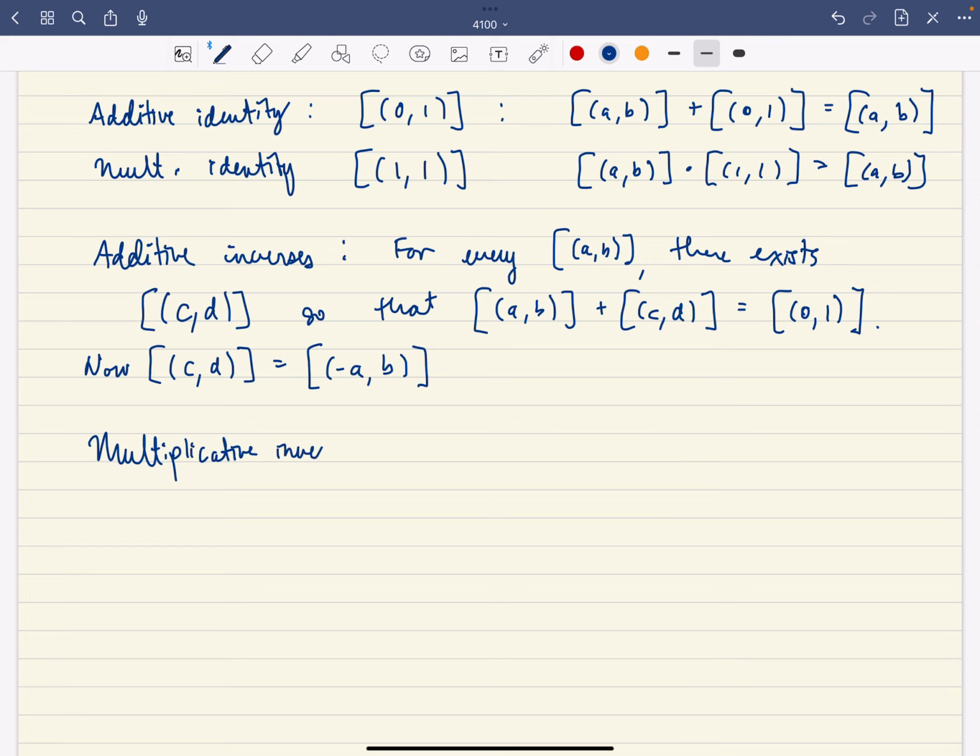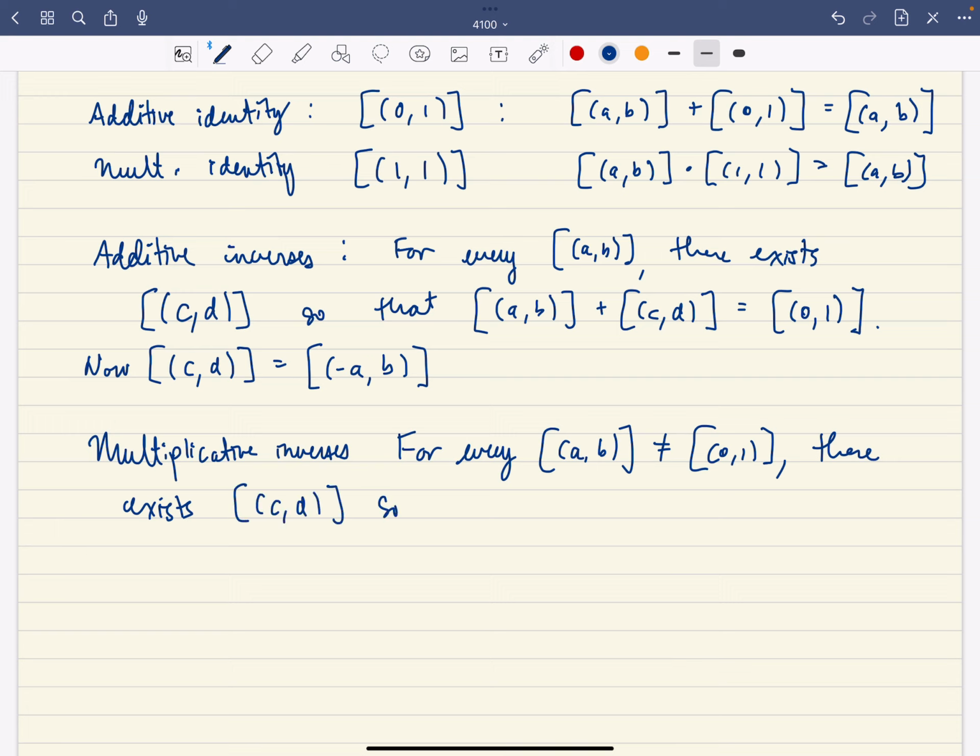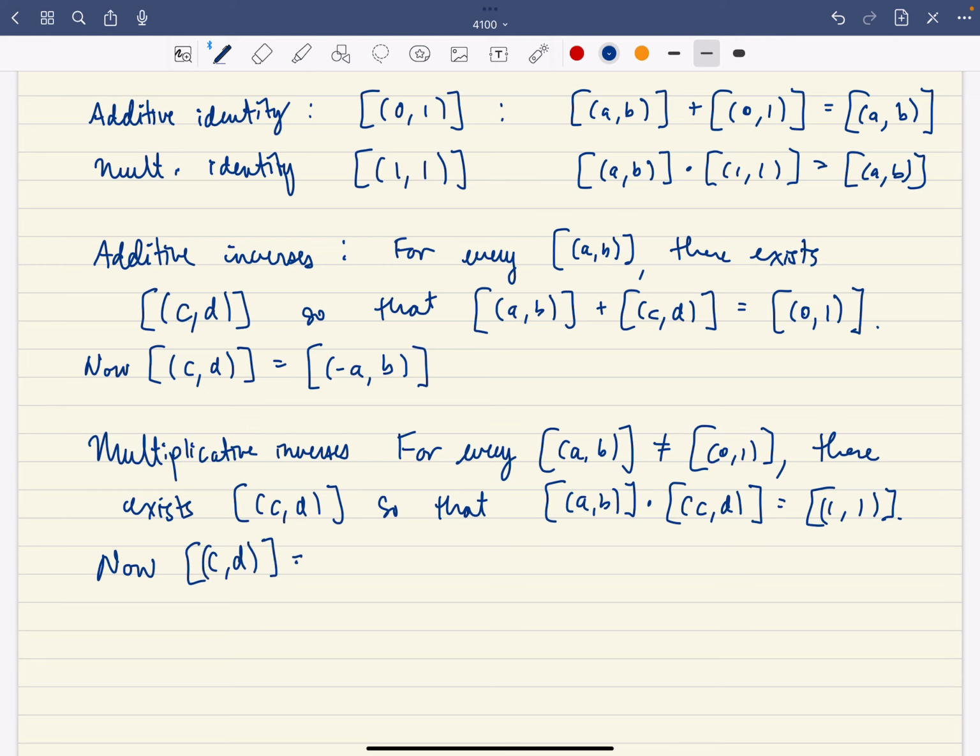So for every non-zero rational number, in other words, for every rational number that's not the additive identity, there exists another rational number, let's again call it C over D, so that when we multiply them, we get the multiplicative identity, which is (1, 1). It turns out that the multiplicative inverse here is,